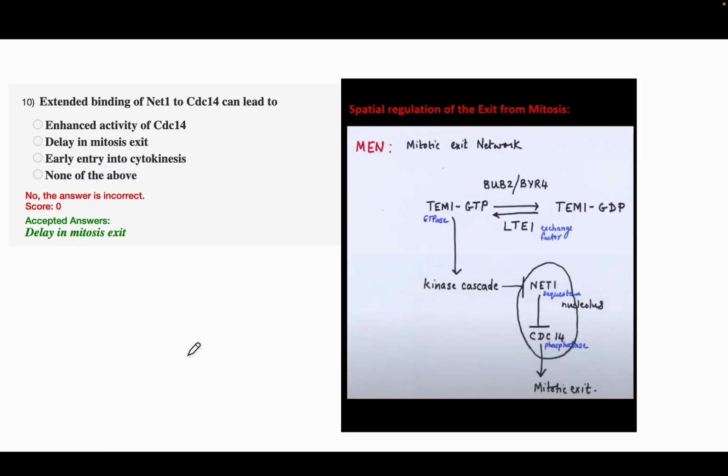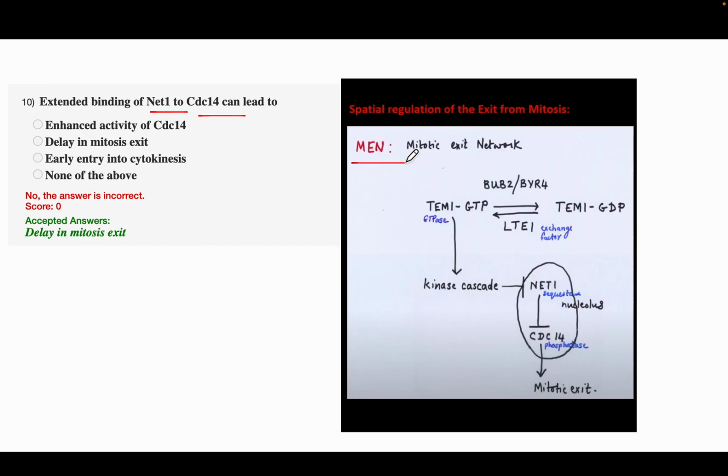The last question was, extended binding of NET1 to CDC14 can lead to enhanced activity of CDC14, delay in mitosis exit, early entry into cytokinesis, or none of the above. For understanding this, you have to know the role of NET1, CDC14 and so on. So if you see